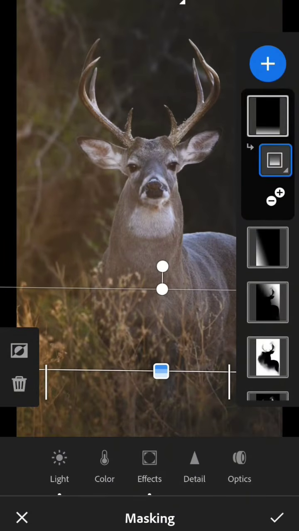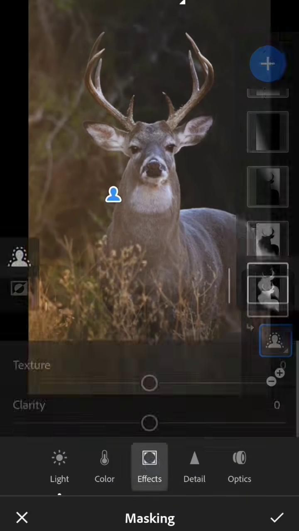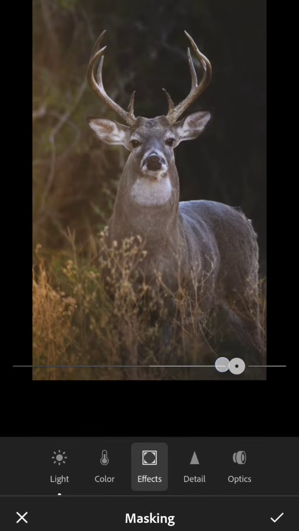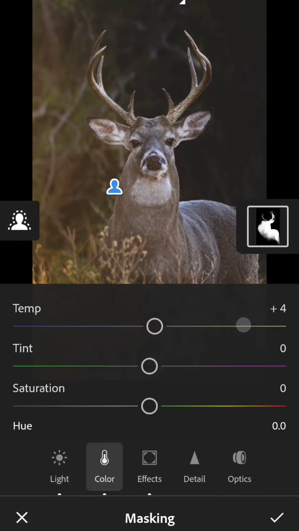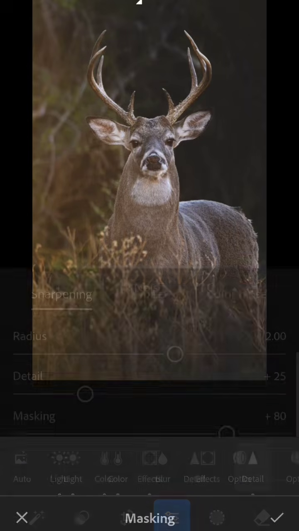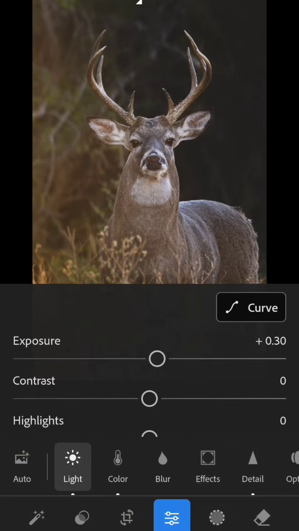Now something important, going back to my actual subject, I want to make him stand out more, so I'm going to increase the clarity to about 40 and the texture to about 20. Alright, so far we look okay as far as masking goes. I might want him to be a little warmer. That's nice. Now, I go back to the original photo, original settings, get out of the masking tool,